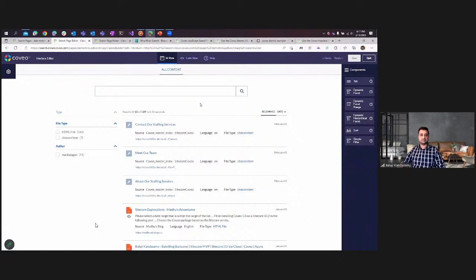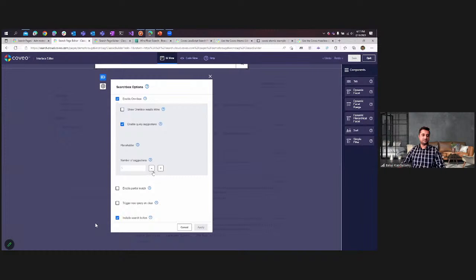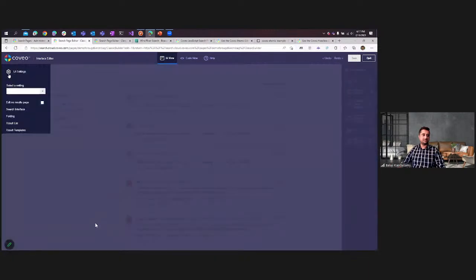I can drag and drop a tab, or I can use this one. Let me try to edit this one. You can see in the search box I'm trying to edit, and then it gives me all these options here: what the placeholder needs to be, how many search suggestions, trigger a new query on clear, and certain options that can be done directly. When I hit on this settings here,